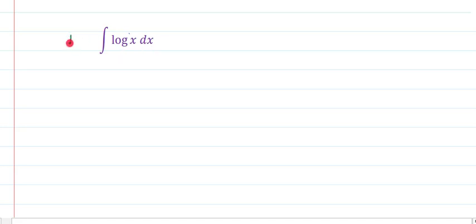So the first step is to name this integral as I. Now the second step to calculate the integration of log x is to multiply this by 1. Here 1 is the algebraic function. Now let us use Euler's rule to decide which is first and which is second. According to this rule, the log function will be the first function and the algebraic function will be the second function.